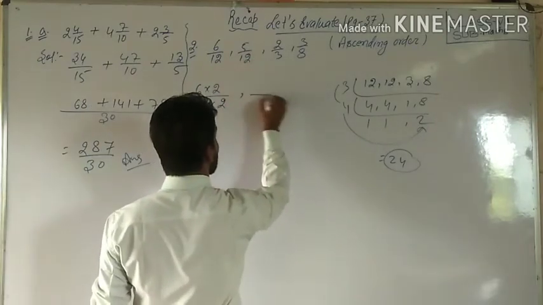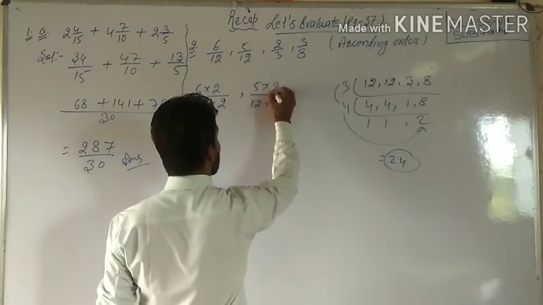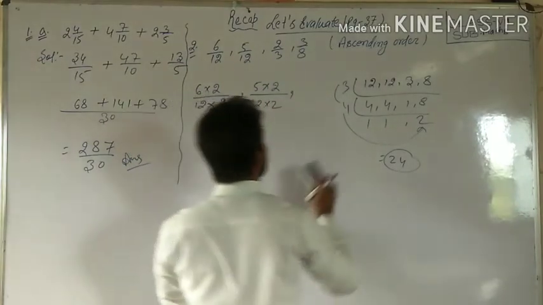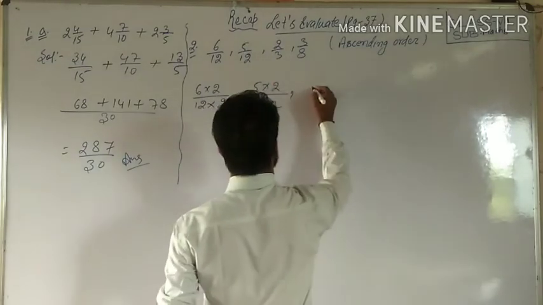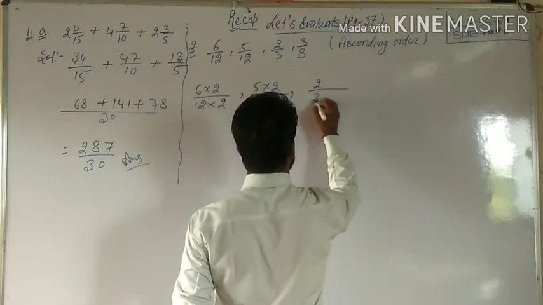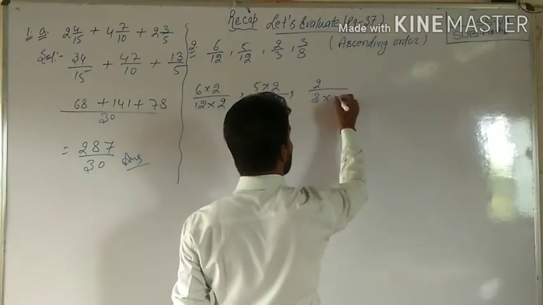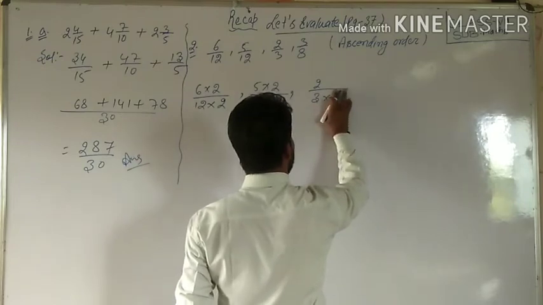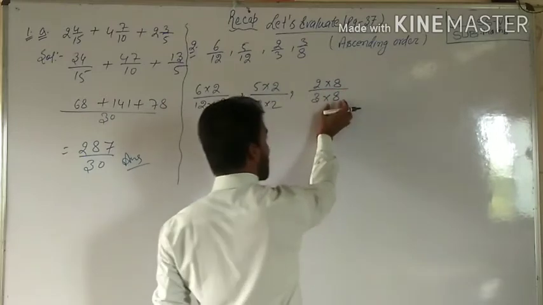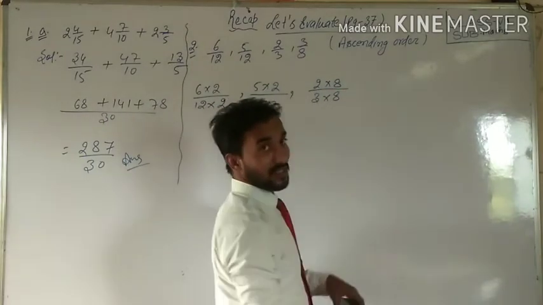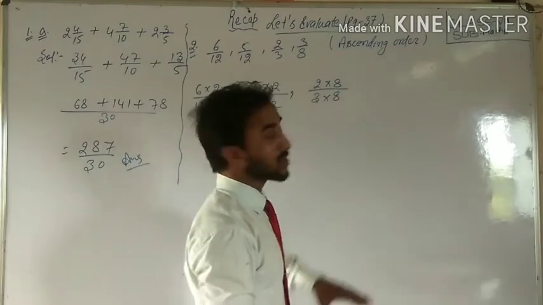There is also 2, so definitely we will multiply by 2 to make it equal. 5 into 2. See, in the next question, the next fraction 2 by 3. To make 24, how much number will we multiply by 3 so that it becomes 24? 3 eights are 24. It means when we multiply by 8, it will become 24. Okay. Then if we are multiplying by 8 in the denominator, definitely the numerator will be multiplied by 8 too.